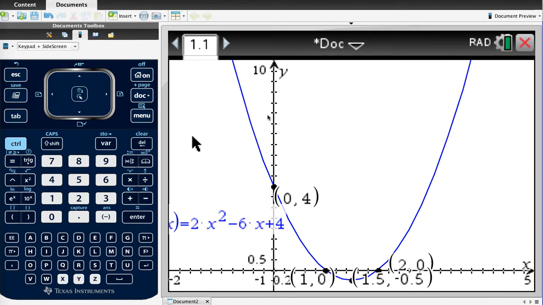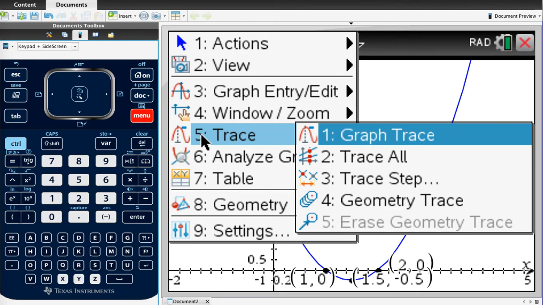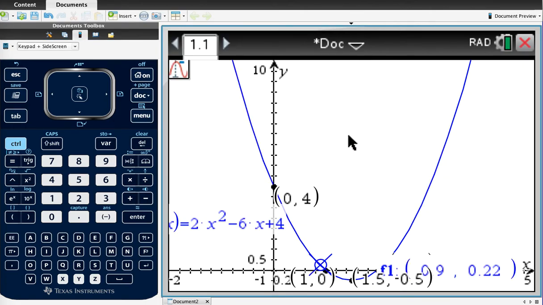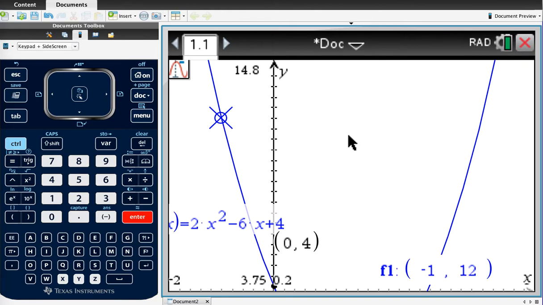But my upper limit is now not going to be infinity, because if I can only go from between x's -1 and 5, then my y value will only be able to get up to a certain value. So I'm going to go onto Menu and Trace, and Graph Trace, and I'll have a look first of all at -1. So I'll type in -1, and I can see that at -1, the y value gets as high